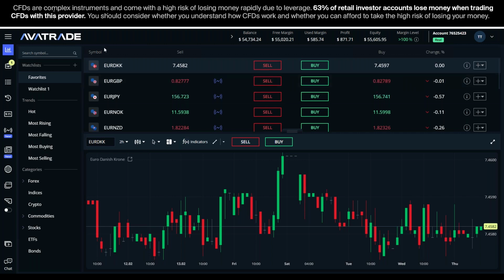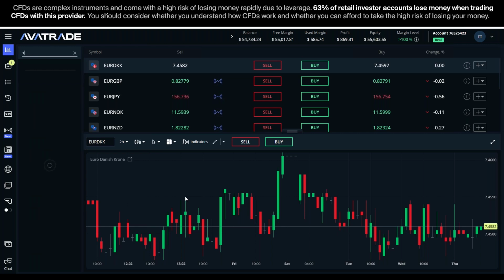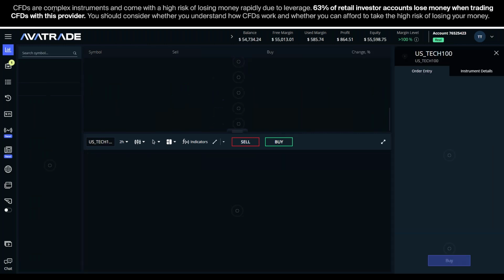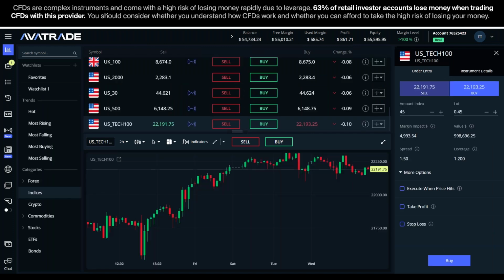Okay, so since there's a lot of news out of the US with tariff threats and interest rate decisions about raising, or lowering or not lowering interest rates, and we've got some data coming out of the US still today that's yet to come in with initial jobless claims and manufacturing data, etc. Maybe it makes sense to look at something like the NASDAQ or the US 500 to see if there are any potential opportunities. So I'm looking at the NASDAQ, the US Tech 100,